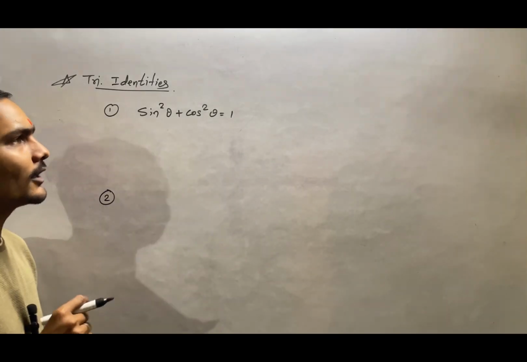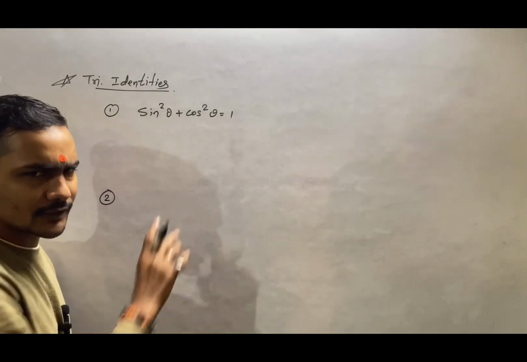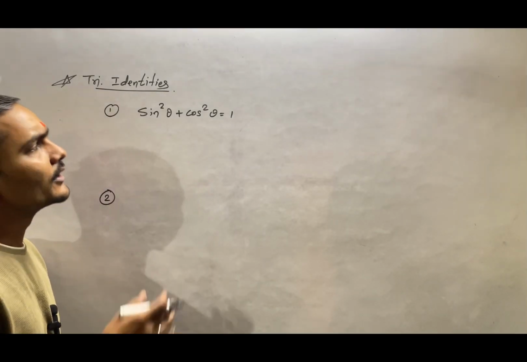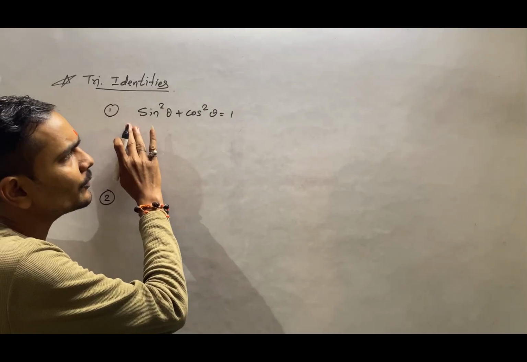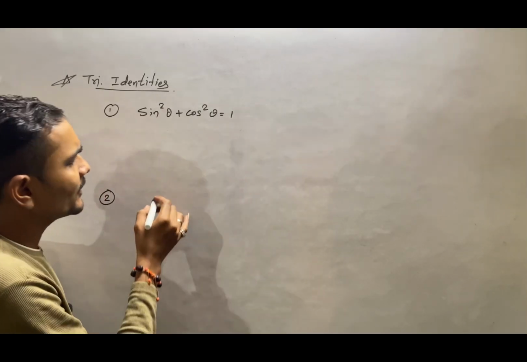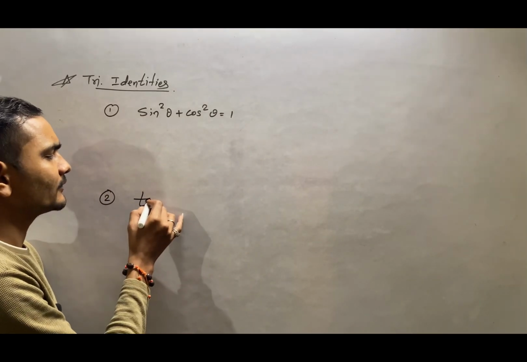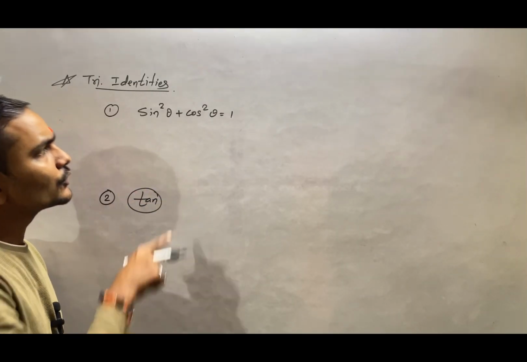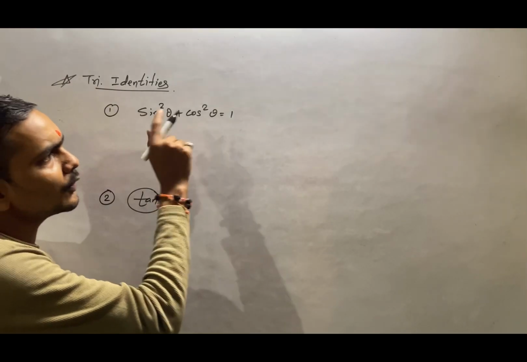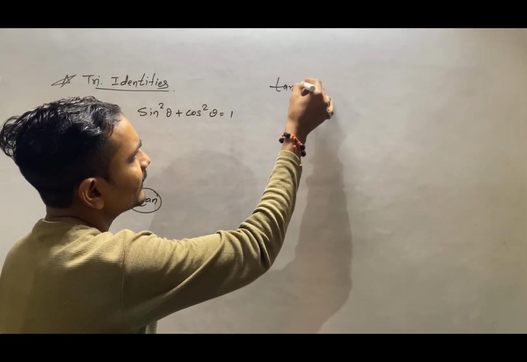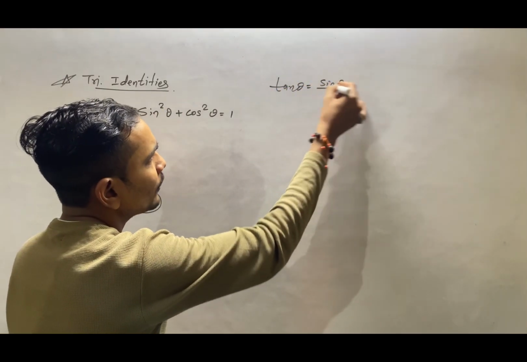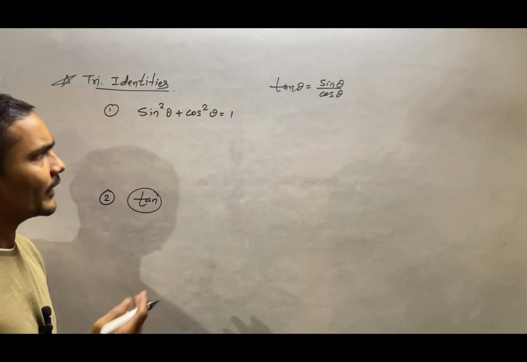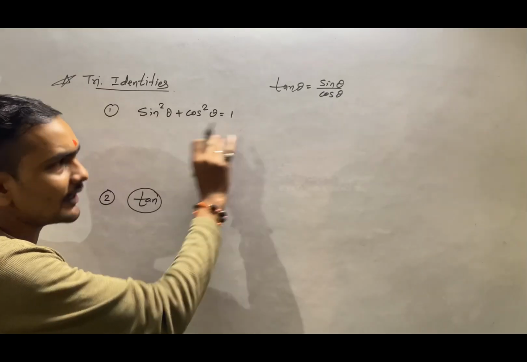Okay. So now if we know this identity, we can get the other two identities as well. Let's assume we need the identity which includes tan. So we know tan theta equals sine theta over cos theta. Okay, so let's divide the given equation